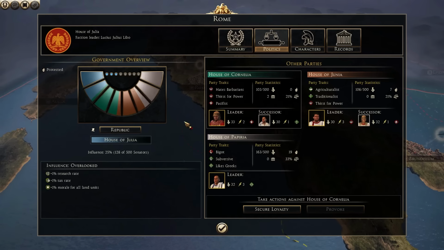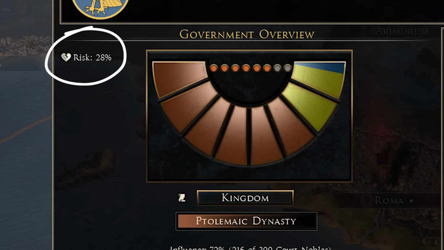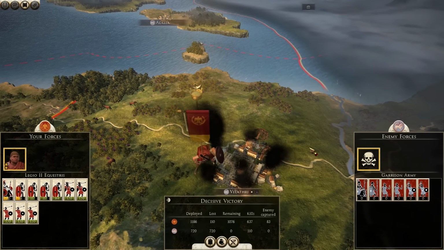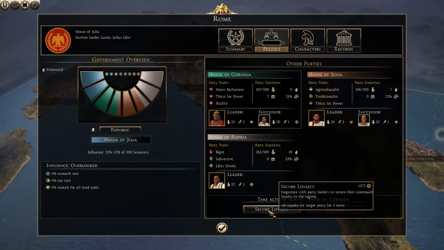If you're worried about secession, it only occurs when a party is at -10 loyalty or beyond. A cracked heart icon will appear over the party at risk with an actual percent value displayed on the top left of the screen. To avoid secession, you'll need to boost a party's loyalty. Do that through winning battles with party members, giving promotions, dignitary agent traits, and even provincial edicts. Most intrigues on the Characters tab will also grant small loyalty bonuses for a limited time. If all else fails, you have the Secure Loyalty button at the bottom, but it does come at a hefty